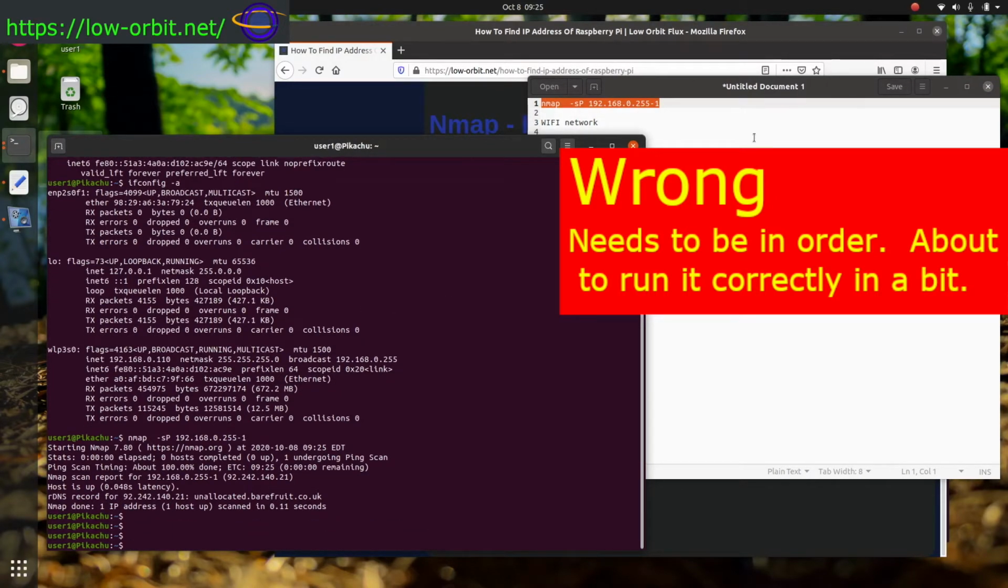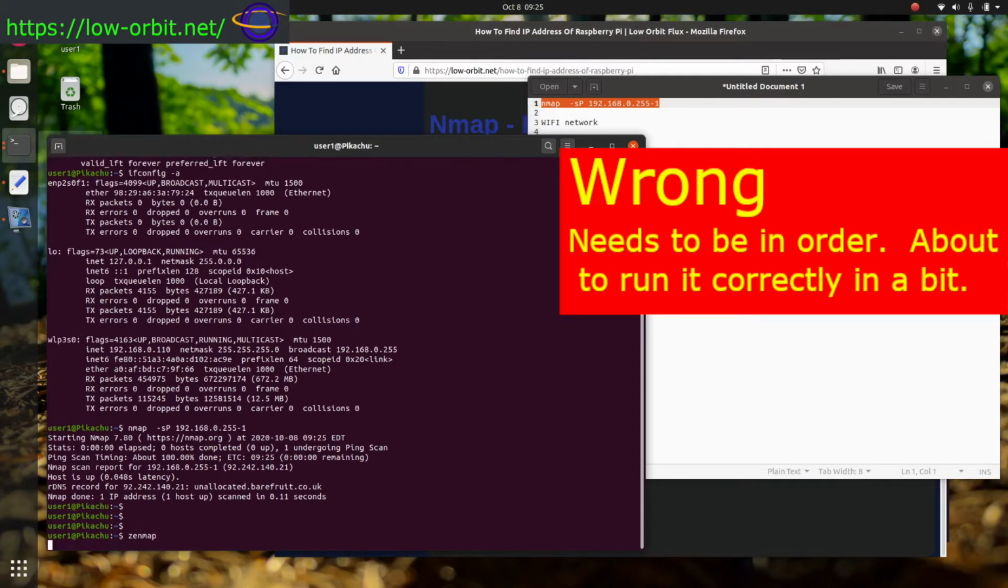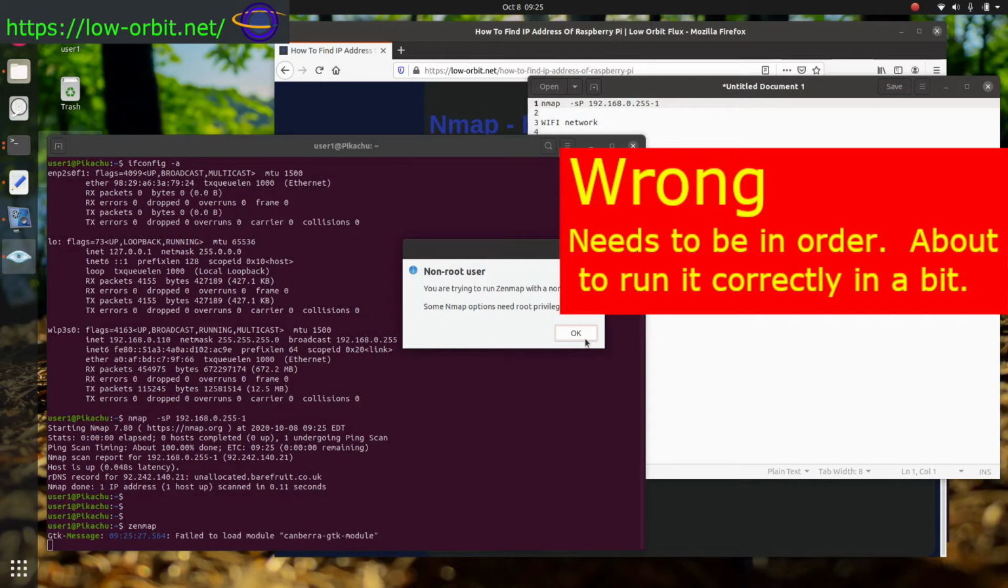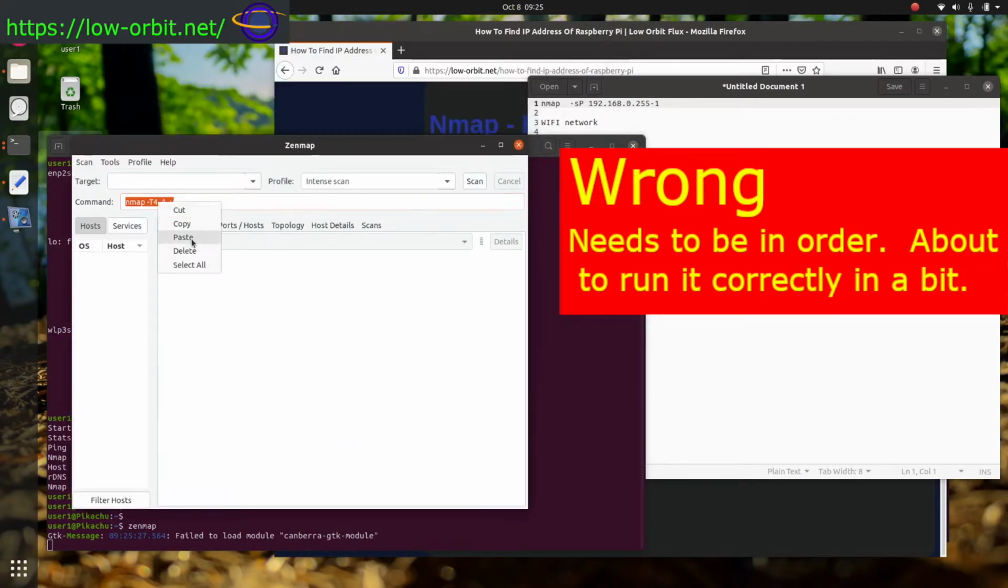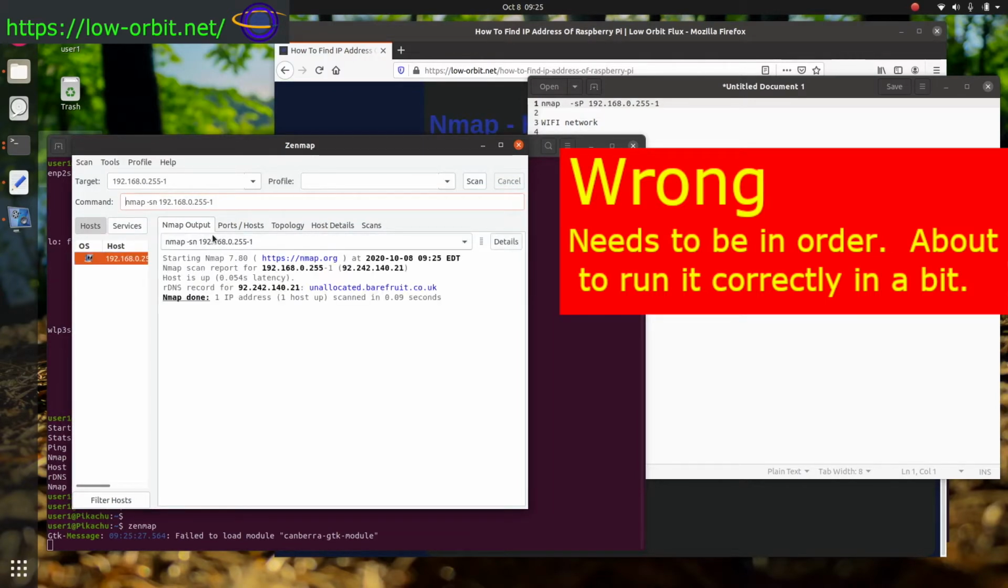Anyways, let's bring up the GUI. I'm not running it as root, so I'm going to be missing some things, but that's okay. So I'm going to paste that same command in here, and let's see how this works for us. One address scanned in